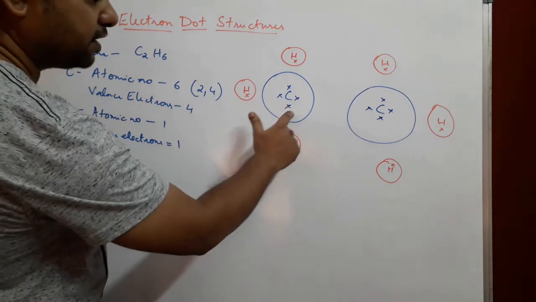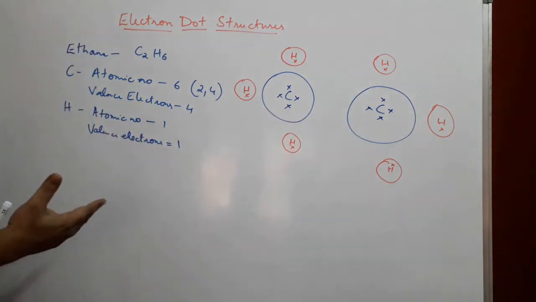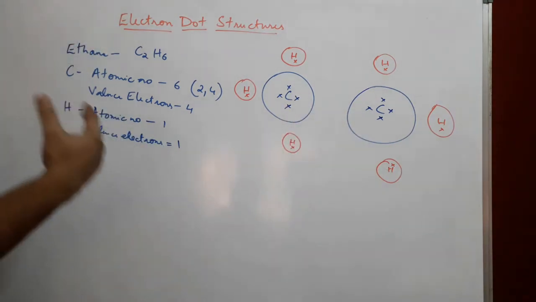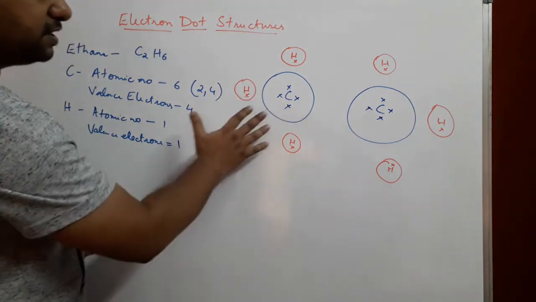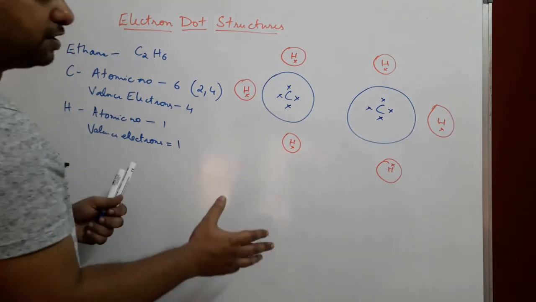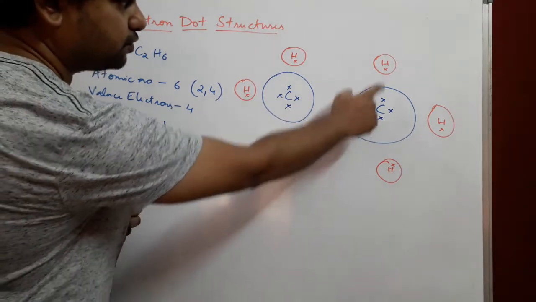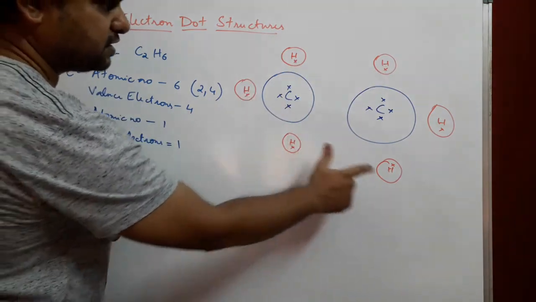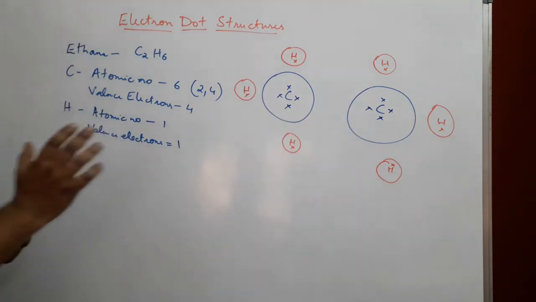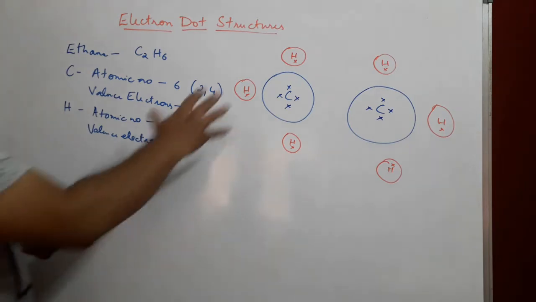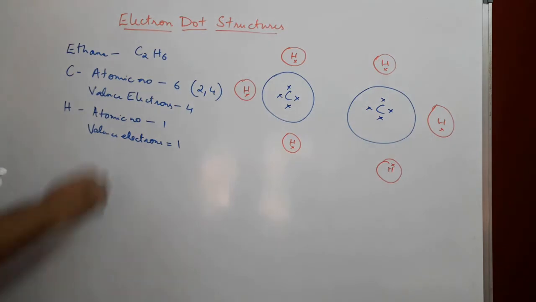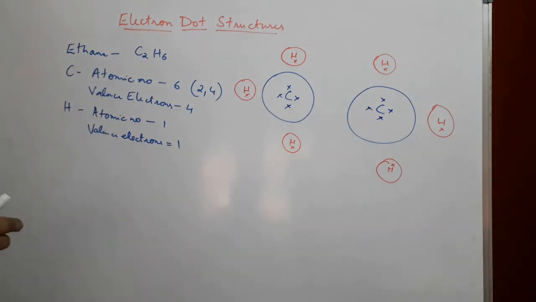In the previous cases, we have seen that the carbon atoms combine with each other and form bonds, but those were just 2 atoms that we were talking about. Here we have a total of 8 atoms: 6 atoms of hydrogen and 2 atoms of carbon. These have to combine together to give us a compound known as C2H6, which we call ethane. So we'll see how the pairing takes place.